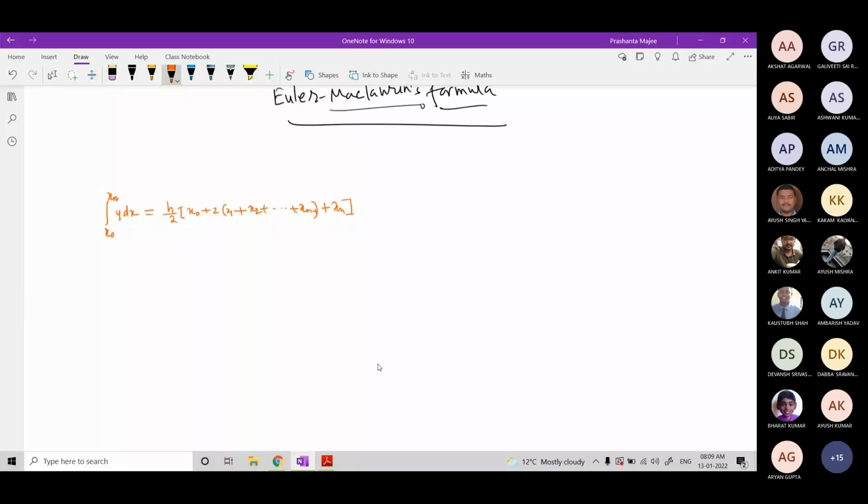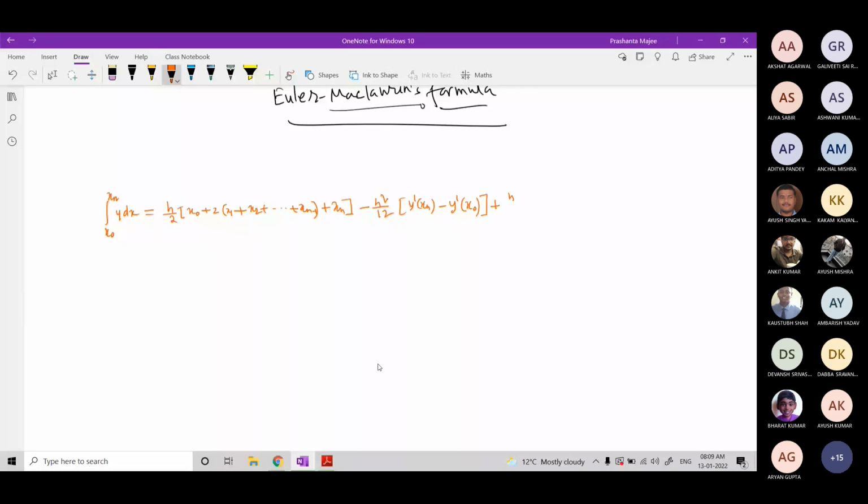Then minus h square by 12, times the first derivative at xn minus the first derivative at x naught. Next term plus